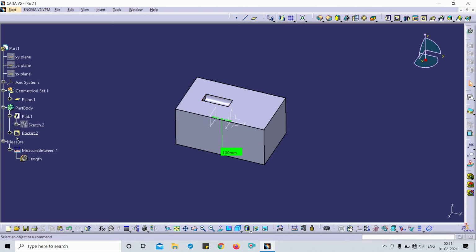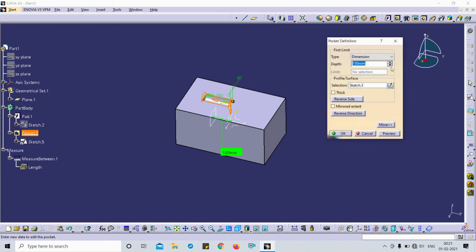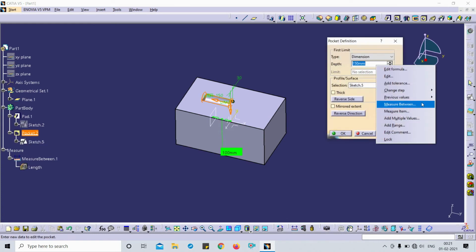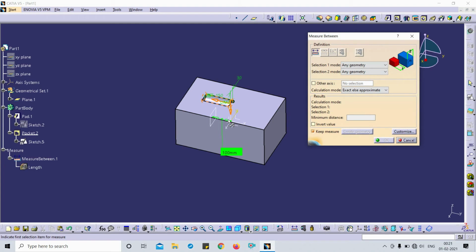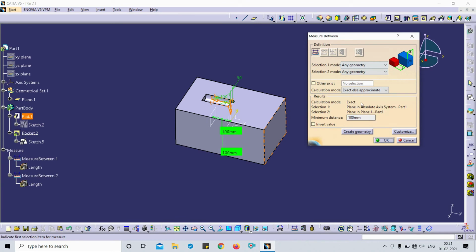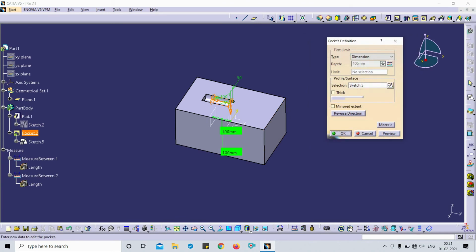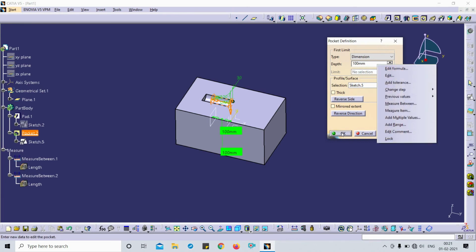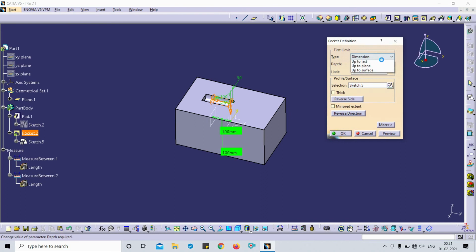Basically the problem is you cannot find it after applying the measure between. Once you applied it, you forgot how to remove this link. So just click here, remove the link, and you can input manually or by using this command.